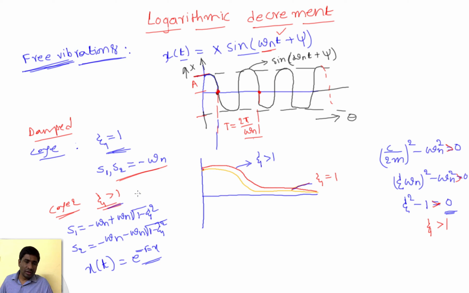Greater than 1 means it is overdamped. If you imagine physically and by intuition, you can feel that here damping is more. When the damping is more, the amplitude should die down more quickly than in the previous case, where it is critically damped, that means xi is only equal to 1. But here it is greater than 1, that means overdamped, yet it is happening in the opposite way. Why is it happening in the opposite way? If you go back and take a look at the solutions, here s1 and s2 equal minus omega n.